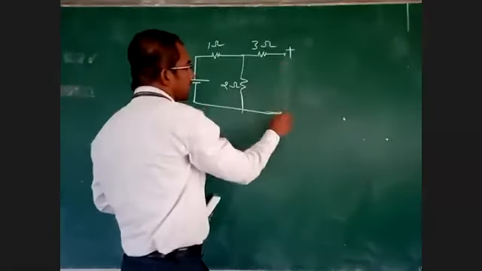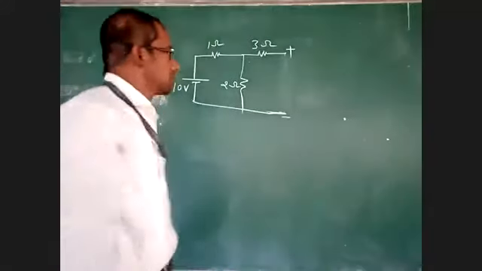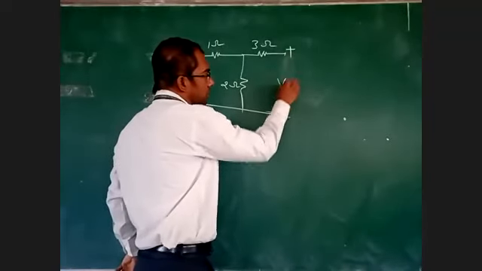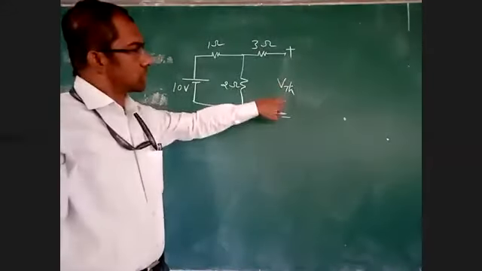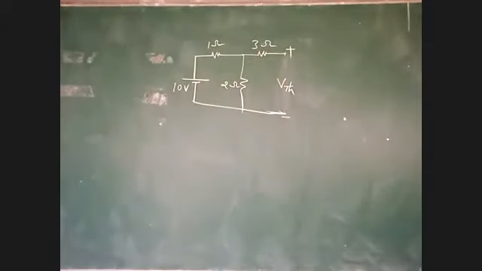After opening, take plus and minus. Generally take the upper terminal positive, lower terminal negative. So in open circuit, see the second point. See the first point what I had told. In open circuit, current is 0, but voltage will be there. What is the voltage in the open circuit? Let us assume it is the Thevenin voltage. Voltage exists. Now I have to determine this Thevenin voltage. This is the first step.